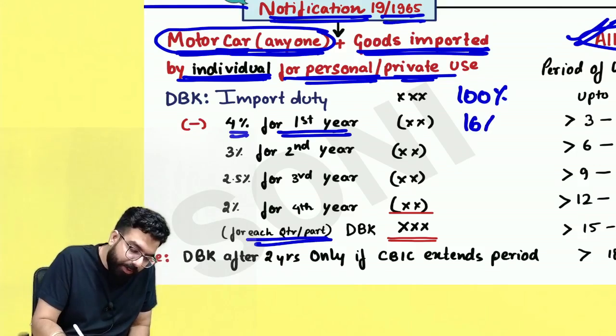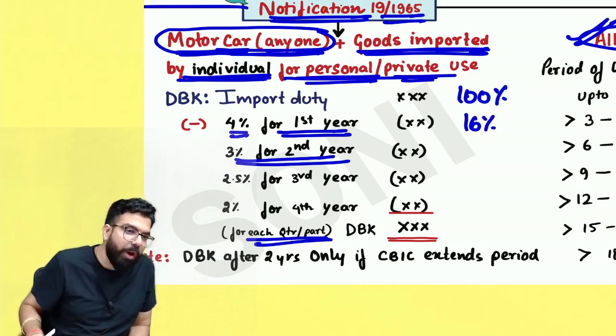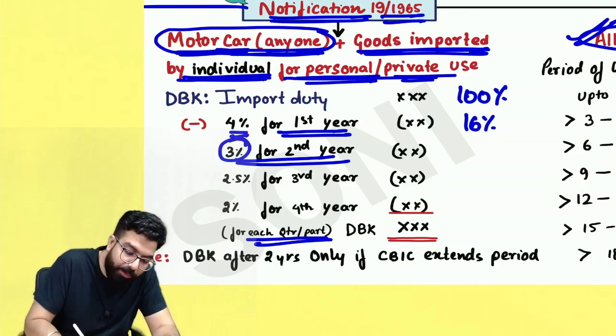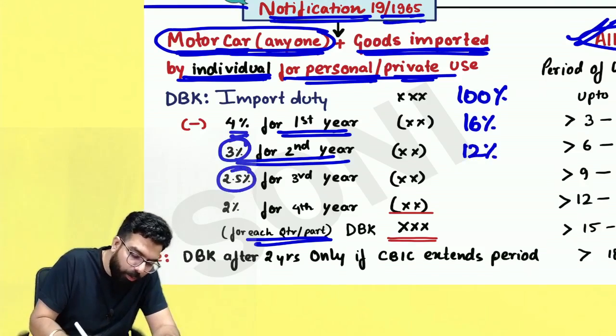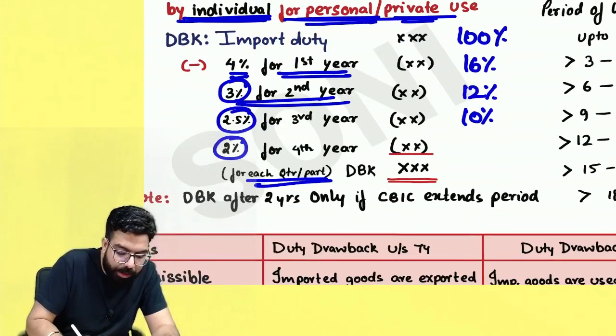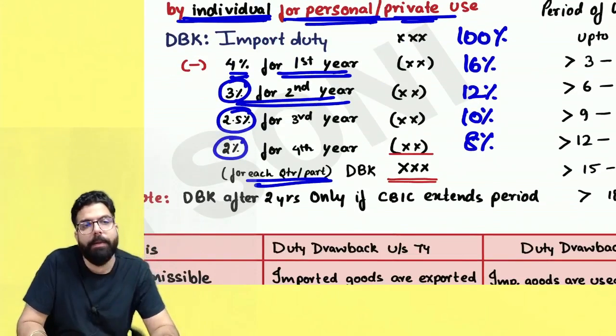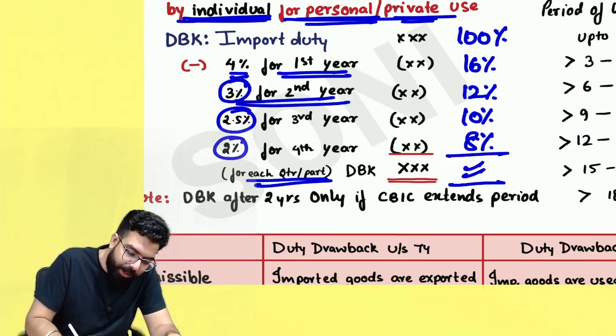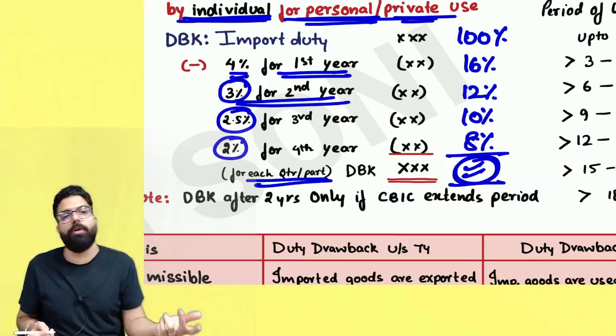Sir, 16% for the first year. Second year, if you are going ahead and re-exporting it, then they are telling 3% per quarter or part thereof. Then it will be 12%. Third year, 2.5%, means 10% per annum, and for the fourth year it is 2% per quarter, so it is 8% per annum, and hence whatever is the reduced percentage, that much amount of duty drawback will